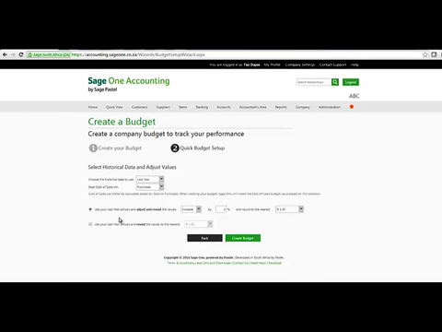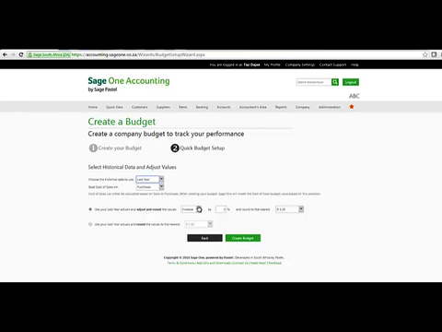In the following window, you have the option to use historical data, either using last year or this year values, and you have the choice to use last year actuals and adjust them. In the event I had selected this year, I would then have this year actuals and adjust them. I would prefer to use last year in my example, and I would like to then use last year actuals